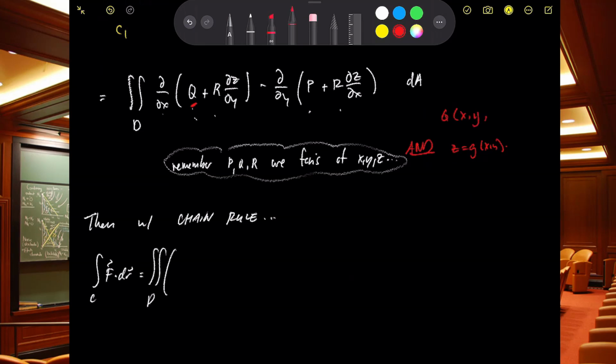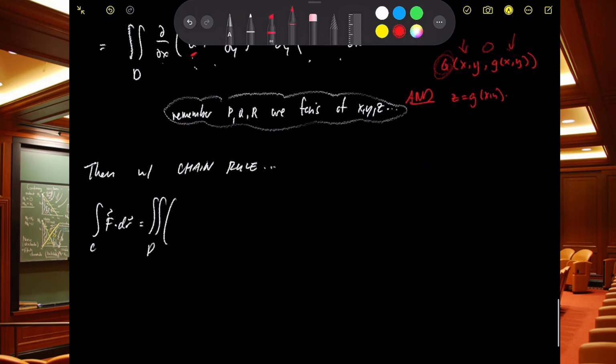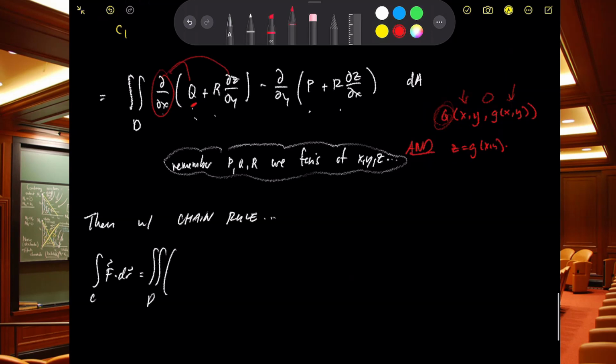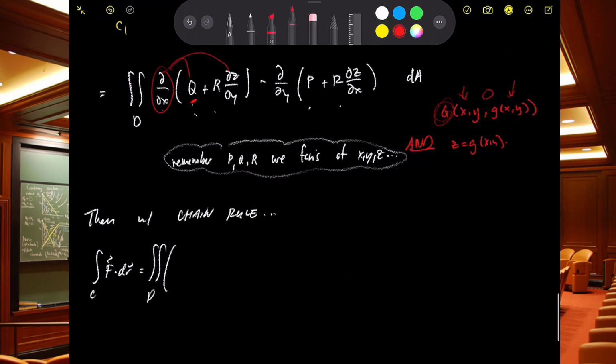The partial with respect to y will be 0, but then my z component's partial derivative will have a partial with respect to x. All right, so if I differentiate q with respect to x, I'll get a partial here, and the middle one will be 0 because there's no y, and then vice versa for y. All right. So when I take the partial of everything in here, what we're going to get will be q sub x plus q sub z, z sub x. And if I wrote this in Leibniz notation, which I'm not going to for the whole thing, but partial q with respect to z dz dx,